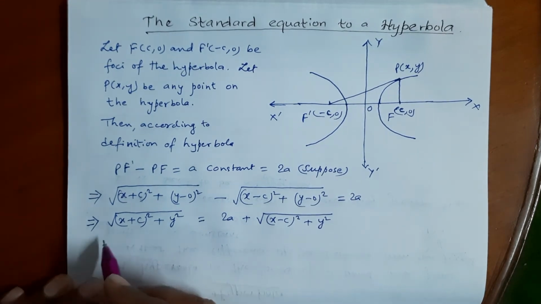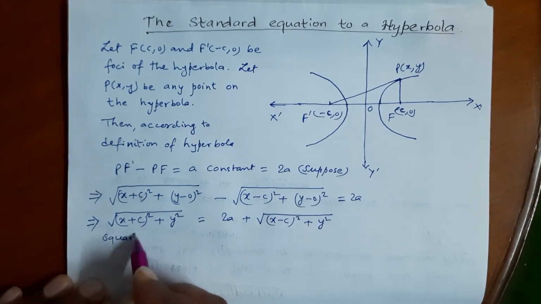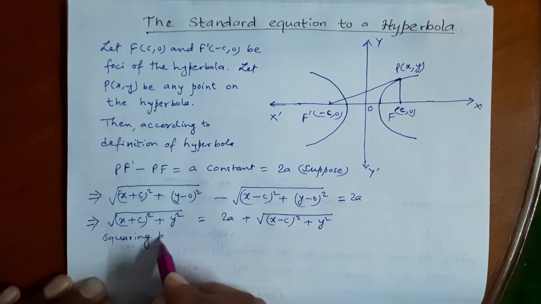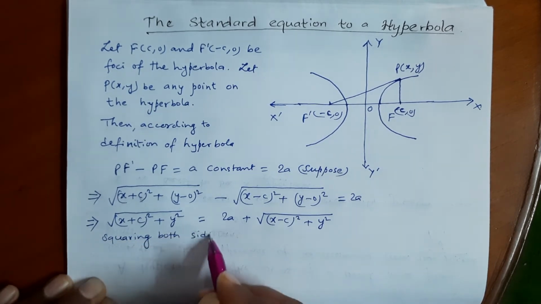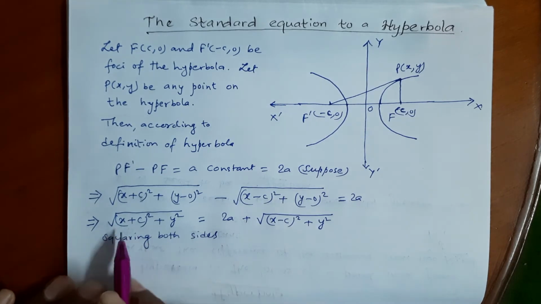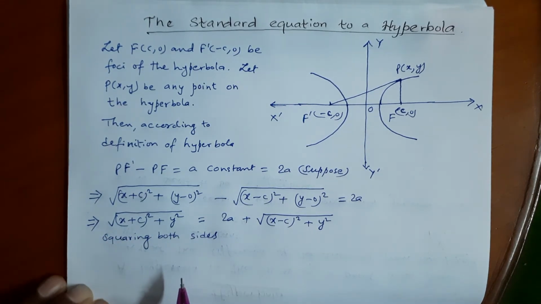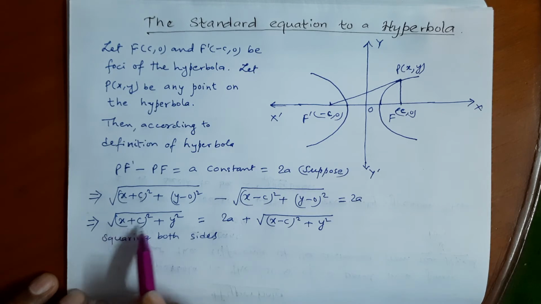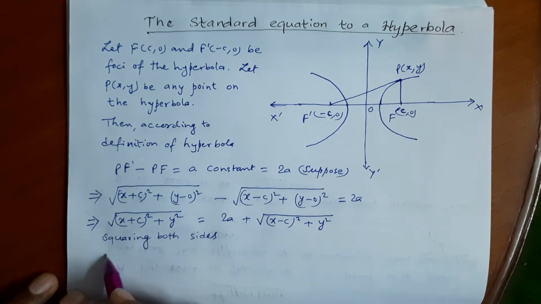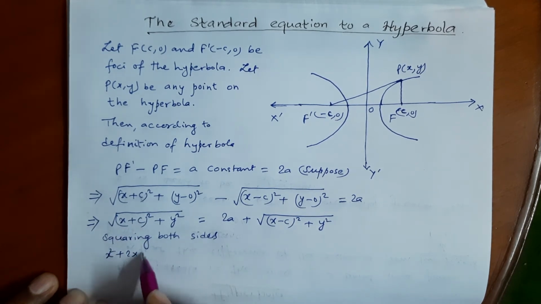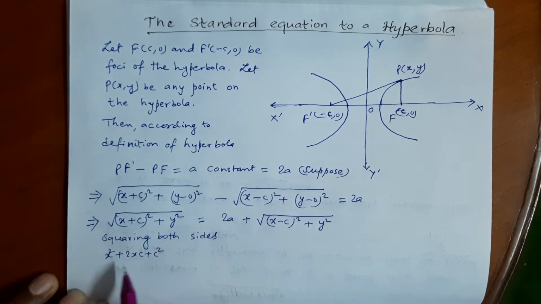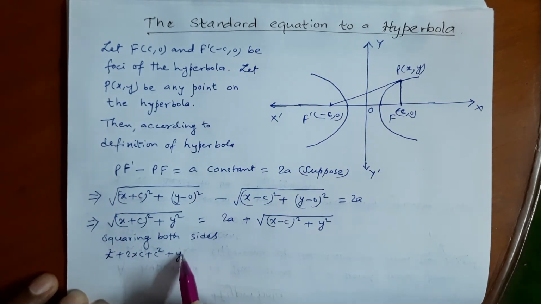Now squaring both sides, this root will be removed and we can expand the quantity. This x plus c whole square will be x square plus 2xc plus c square, using the a plus b whole square formula. The a plus b whole square formula is a square plus 2ab plus b square. So using that it becomes like this plus y square